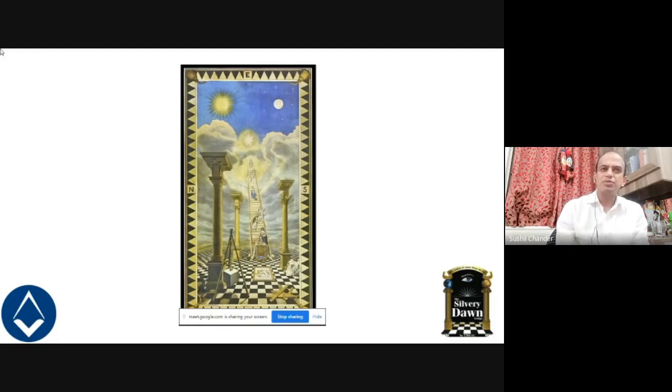The main aim of a tracing board, as used by operatives, Brother Manoj may remember, not free or speculative masons, but the operative masons, the actual masons, was to lay out, plan, and design the building to be constructed. We keep hearing of King Solomon, as his temple is the basis of much of our rituals in our lodge and elsewhere. But it seems tracing boards were in use in the old Middle Eastern countries long before King Solomon's temple